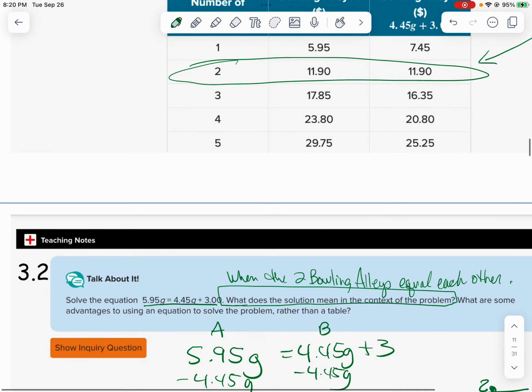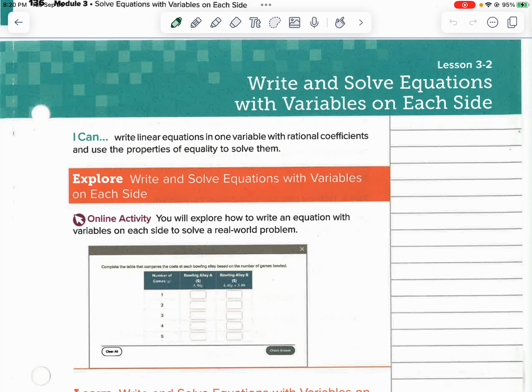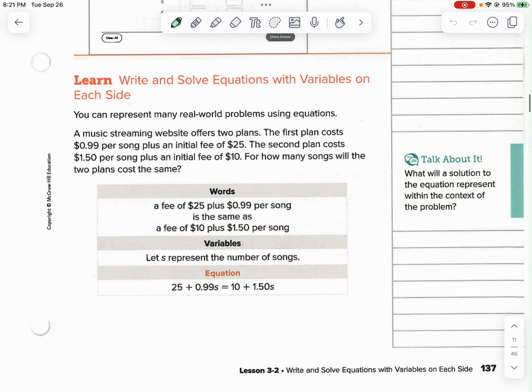Okay, so now we're going to go back over to our lesson right here. We already went over that, so let's look at this. It says, you can represent many real-world problems using equations, and most real-world problems you can. When you do a word problem or a real-world situation, it's really good to use a highlighter or underlining. I would read through it first and then do some highlighting or underlining so that you can keep the information in the problem